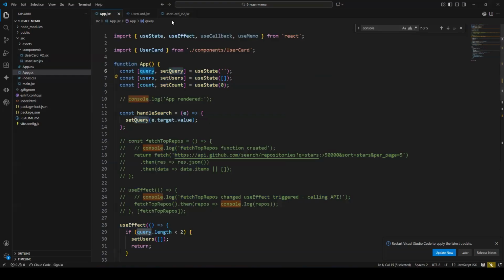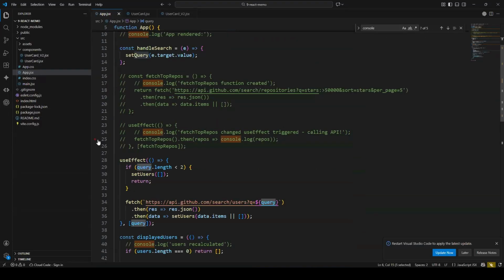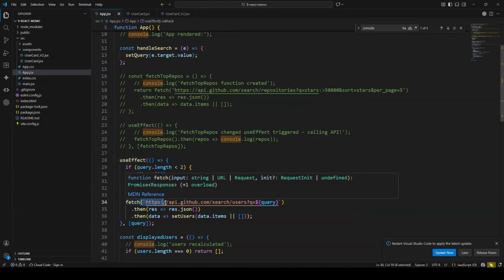And then we are taking that query variable and calling the useEffect hook. Within the useEffect hook, we are calling GitHub's API to get the details of the users who have the name